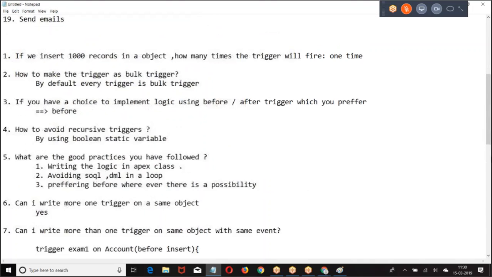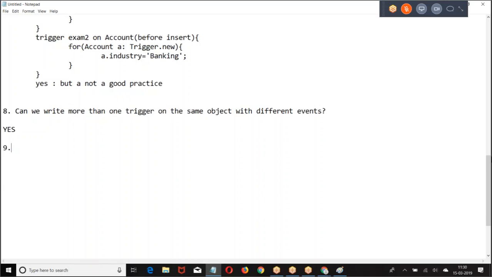So we need to understand what is the difference between workflows and triggers. Workflow is also an automated rule. Trigger is also an automated rule. Then why are you going for a trigger? Workflow will be after insert. Triggers are going to be